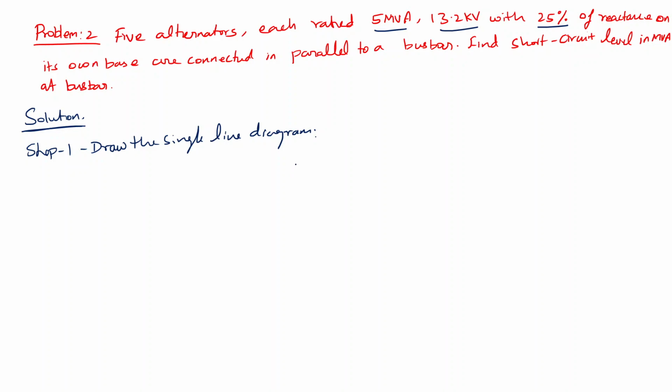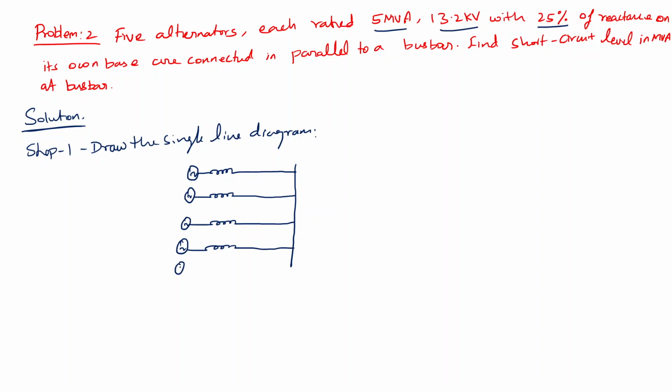So first I will draw a bus bar here like this. In this bus bar, five alternators are there with reactance. So I will draw five generators with a reactance in each: 1, 2, 3, 4, 5. All these are connected to ground, and they are telling find